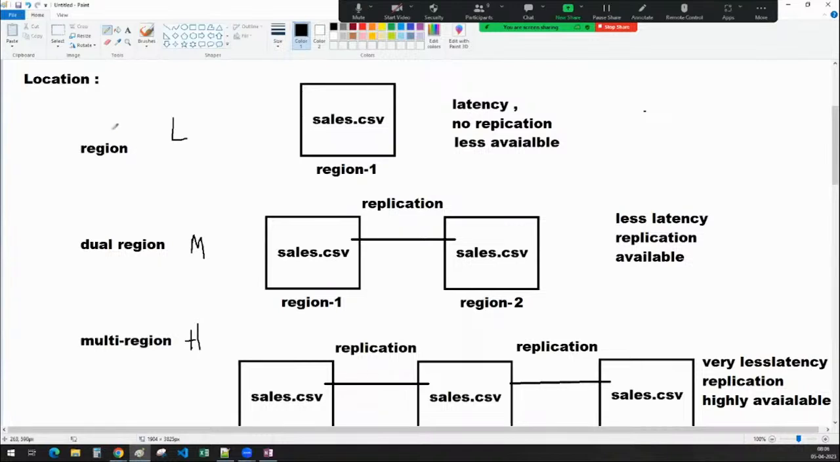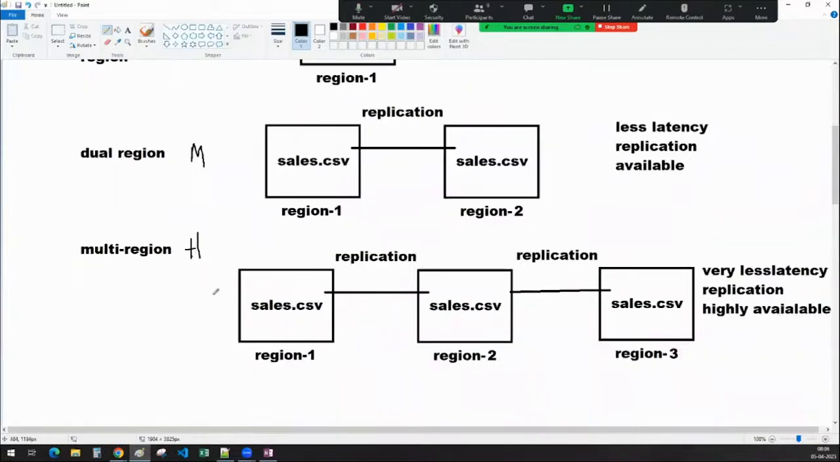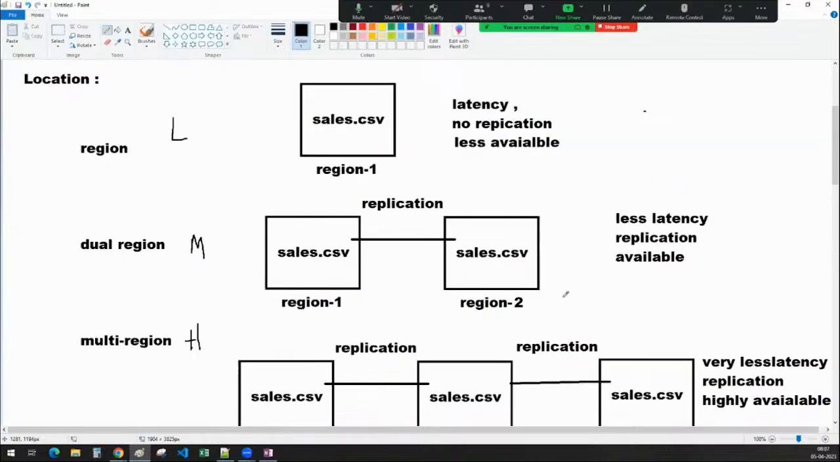Yeah. So what you have to get from this location is that, according to your requirements, sir, it's okay for me if it is less available also, that is fine. I don't need a replication. I want a less cost. You can go for region. No, at any cost I don't want to lose the data, or at any cost I want the data to be available all the time. In that case, you can go for this one. Okay, so this is all about the location, sir. Now you understand